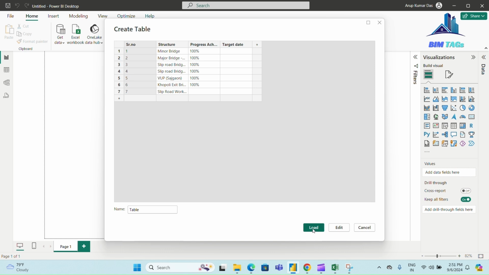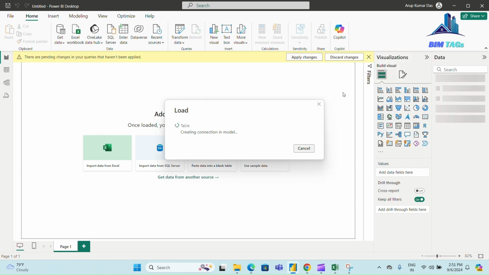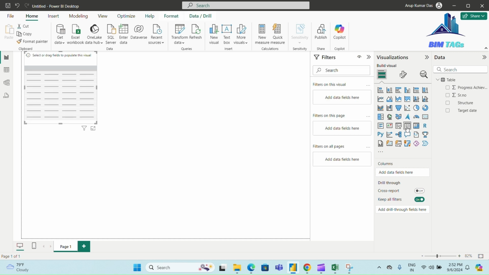Now you can load the table. In data section, you will see the table, and by serial you can insert column of the table. Before that, you need to select the visualizations table,